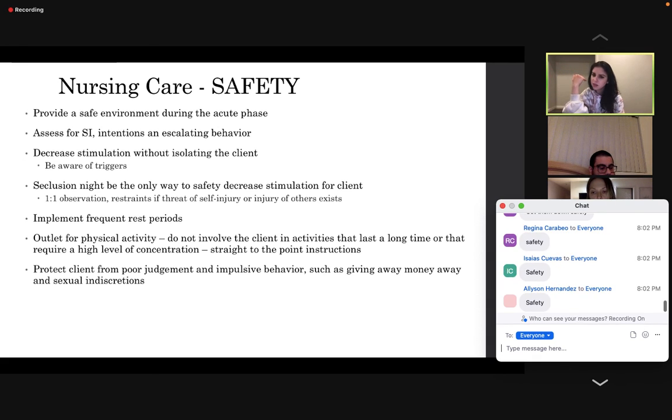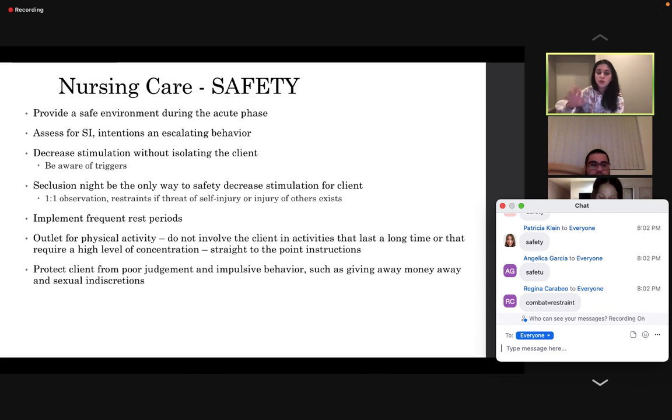Get them down safely. Get them their clothes, because you don't want them to be naked. Be aware of what's triggering them, okay? Talk to them, ask them. Seclusion might be the only way to safely decrease the situation for the client. So if you've told them to come down from the table and they're listening to you, okay, perfect. You're not going to restrain them. But if they're still combative and nothing is working, least restrictive methods aren't working, yes, you're going to go ahead and restrain them. Remember, everything we learned week 1 stays in place. So remember, in mania, they're so restless, combative, restraint. That's correct.